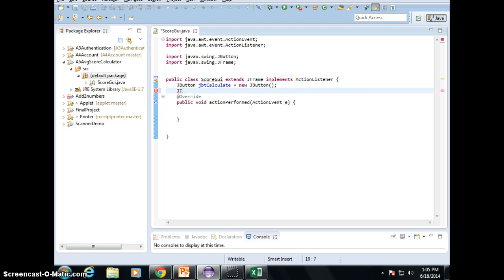How many text fields? We can use an array now, right? It asks you to use an array, right? Text field. And we said we use square brackets to represent an array, right? Okay. I'm going to say JT